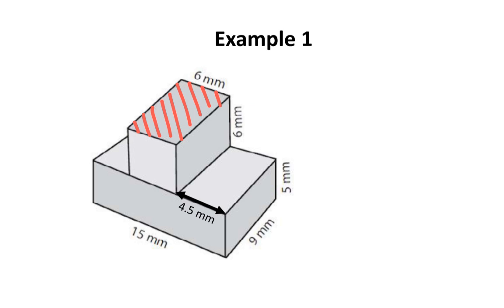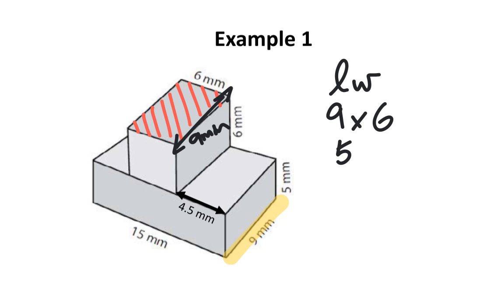I'm going to focus on this face next. This face appears to be a rectangle. We have one of the dimensions, but we don't have the other. Well, if this is 9 millimeters, that would mean this would have to be 9 millimeters as well. The formula for a rectangle is length times width. The length of this rectangle is 9 and the width is 6. 9 times 6 is 54. However, this face is duplicated right over here, and it is also duplicated on the other side of this composite figure. Therefore, I'm going to take this 54 and multiply it by 3, and that's going to give us